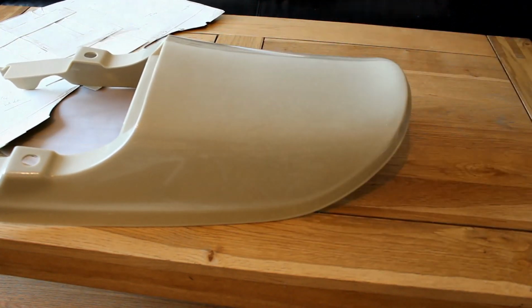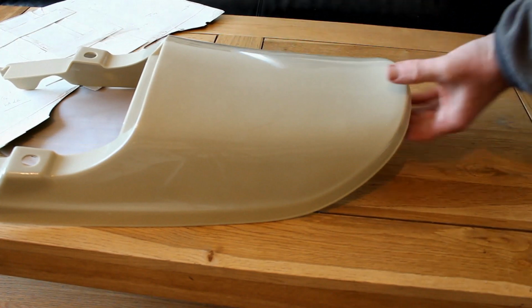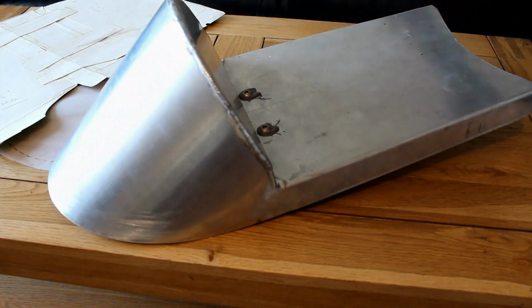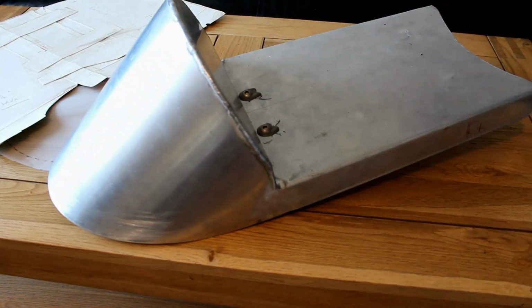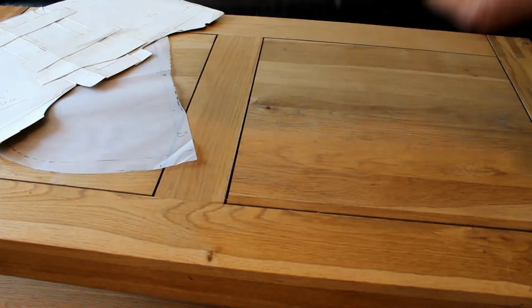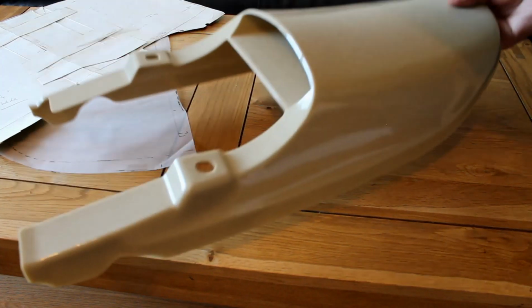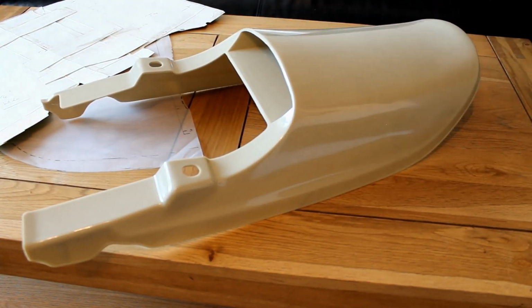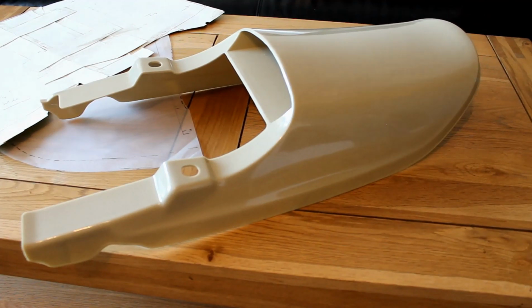Now, as I recall, the aluminium version here, which we made a while ago, cost me about £50 or £60, something like that. So I would imagine the Kawasaki version of this would be a bit more, but maybe not any more than the £90 that I paid for this one. So yeah, it's a possibility, and the more I think about it, the more I might do that,